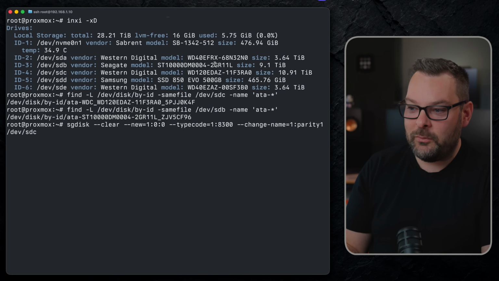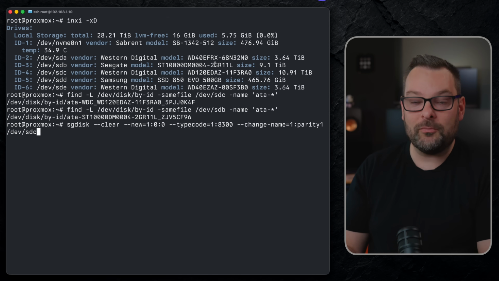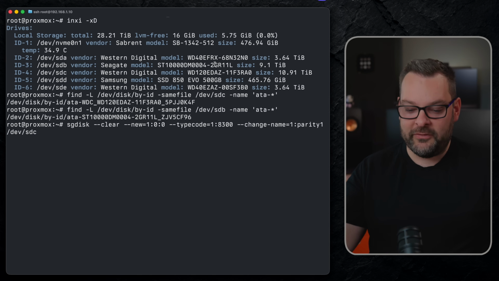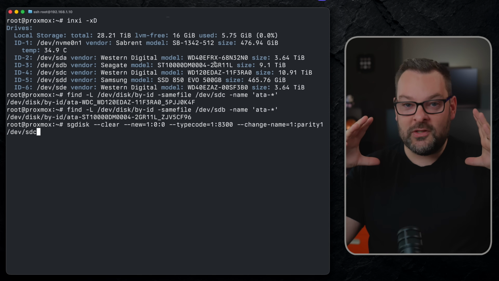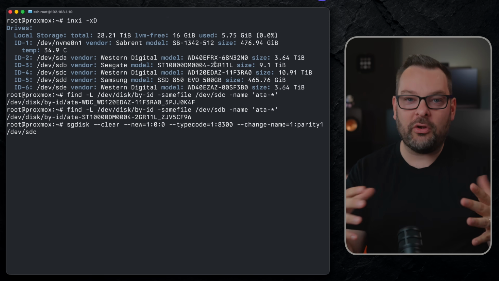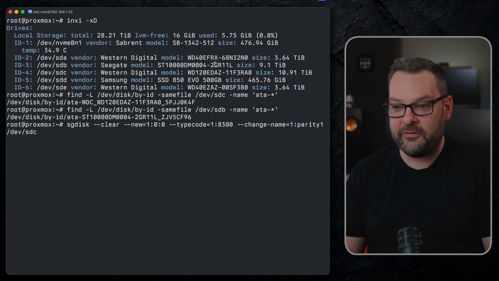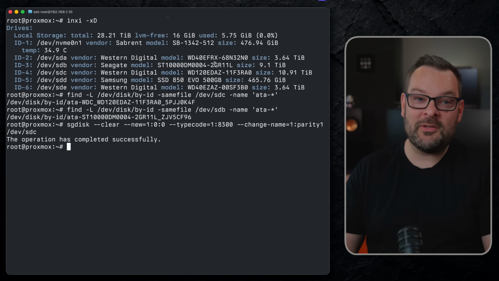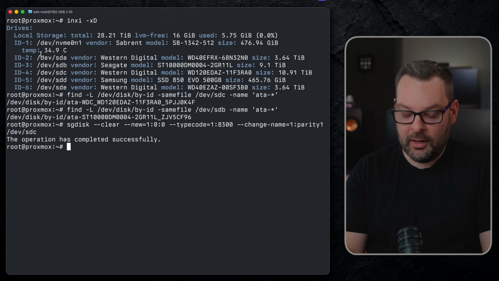Using sgdisk, we're going to overwrite the partition table. Now, partitions, you can kind of think of them as logical ways that the file system or the computer uses to store data. They're containers that sit inside the hard drive onto which we put a file system. This is a destructive operation. Do not do this to a drive you want to keep the data for. Then I'm simply going to do